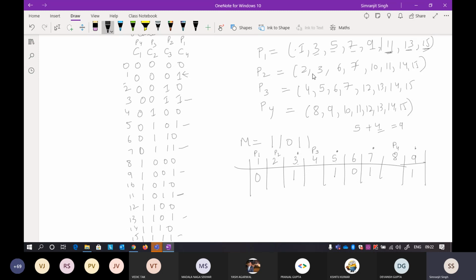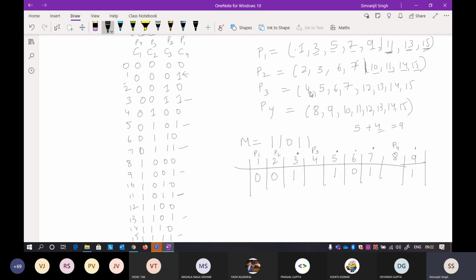Now check for the second one. It will again go further than this particular position, because the 10th position is not there, not 11, not 14. Okay, so now check 3, 6, and 7. So 3 is odd parity, 6 is still odd parity, and 7 is even parity. So you have to add a 0 at the second position.